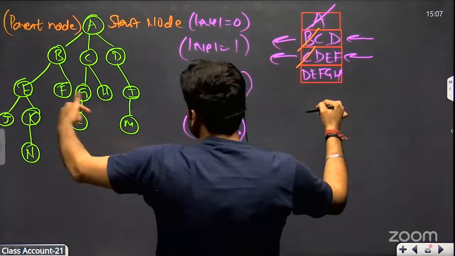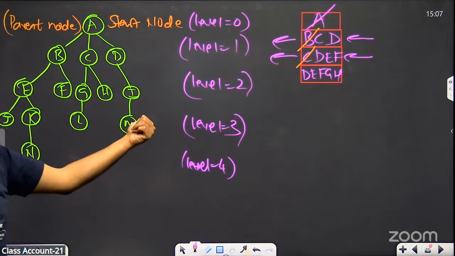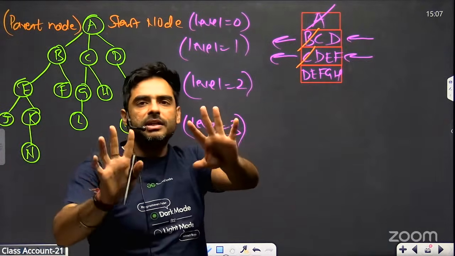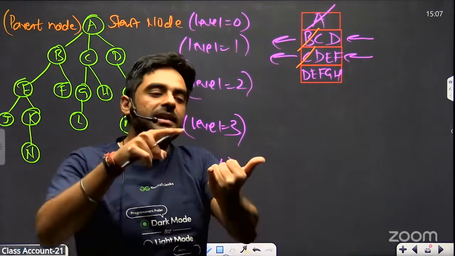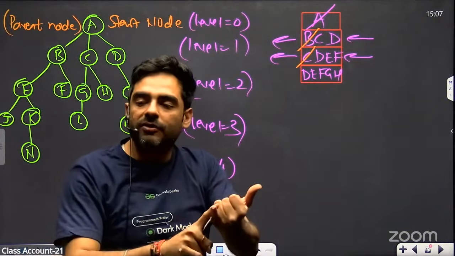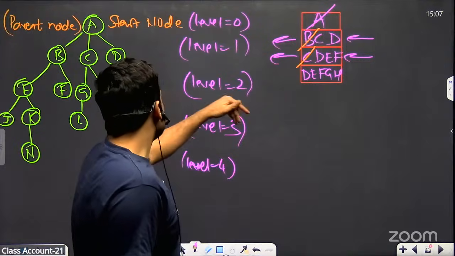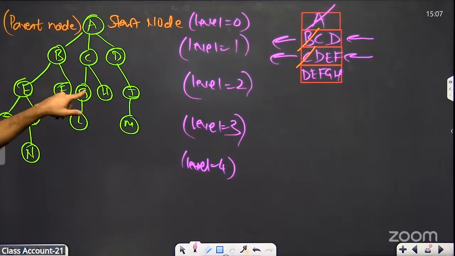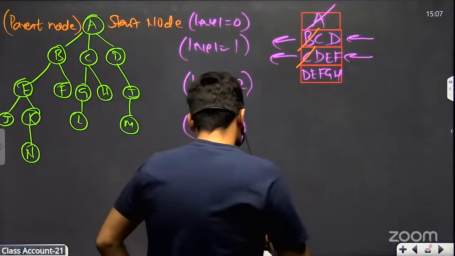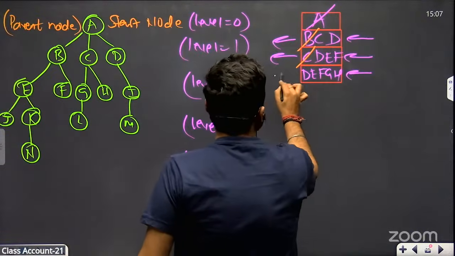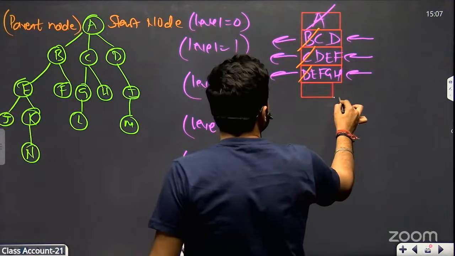Okay, so I am traveling in this direction. First I will explore G, then H. That would be given in the question. Everything would be given in the question, whether they want alphabetical order, left to right, or right to left. You don't have to worry at all. I am exploring this from left to right, so I would be first entering G and then H. Push in from here, take out from here. Then cut D.